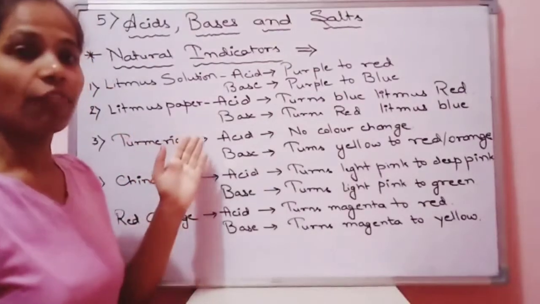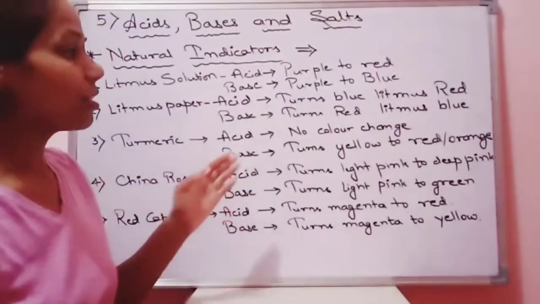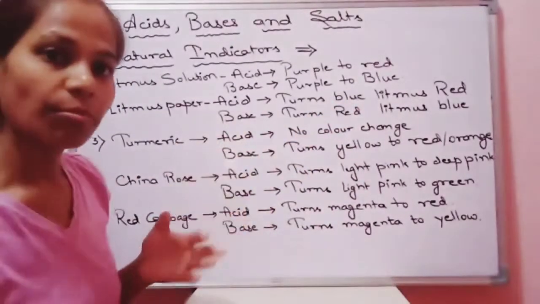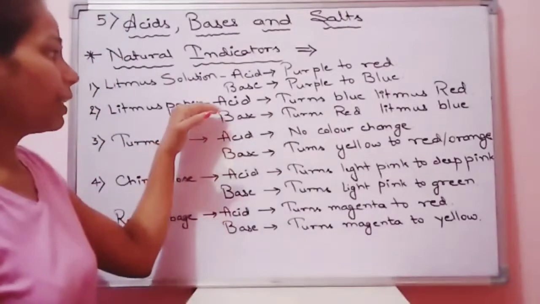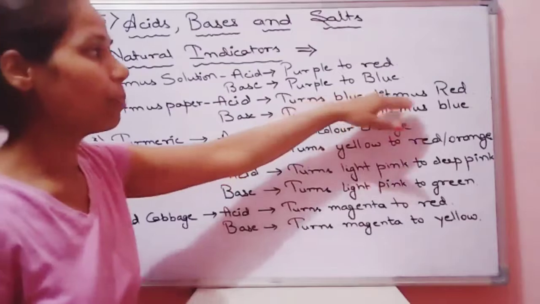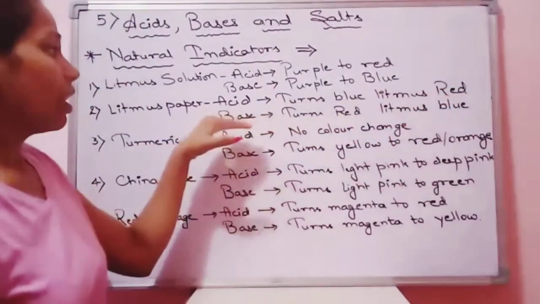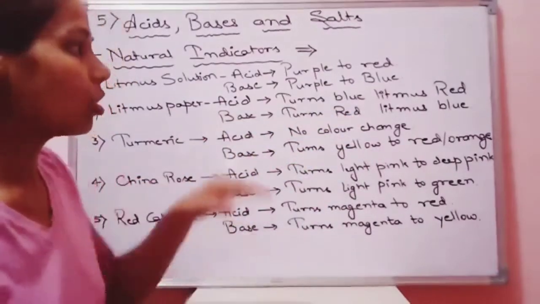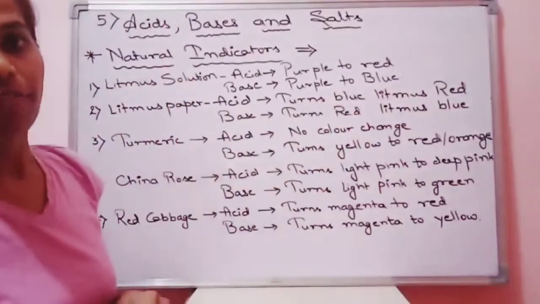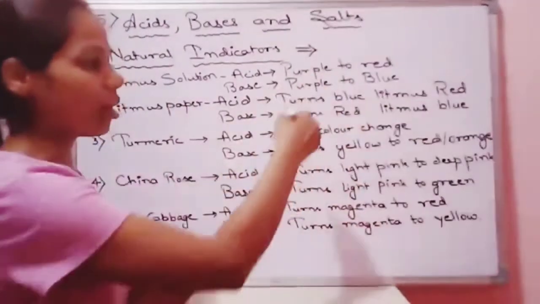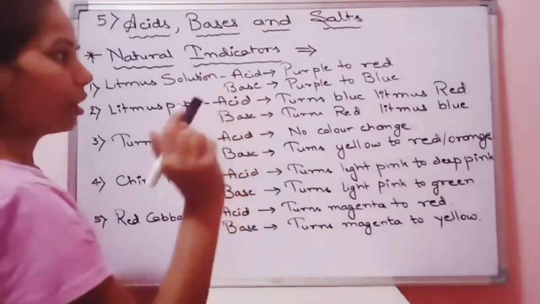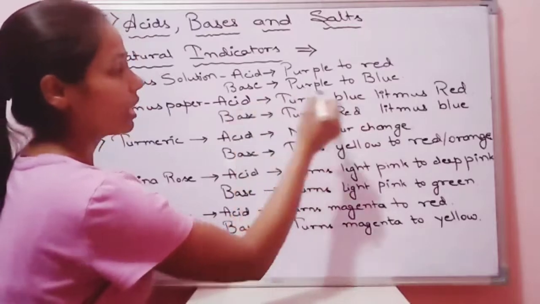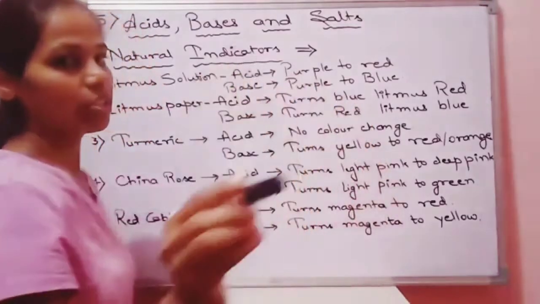Whereas the litmus papers are found in two different colors, that is red and blue. They also give different results. When you dip it in an acidic solution, the blue litmus paper will turn red, whereas if the red litmus paper is dipped in a basic solution, it will turn blue. Fine, children? So these are just opposite of each other, and one thing needs to be taken care of. Here the blue strip is dipped in the acidic solution, but if you dip the red strip, you will find no color change.